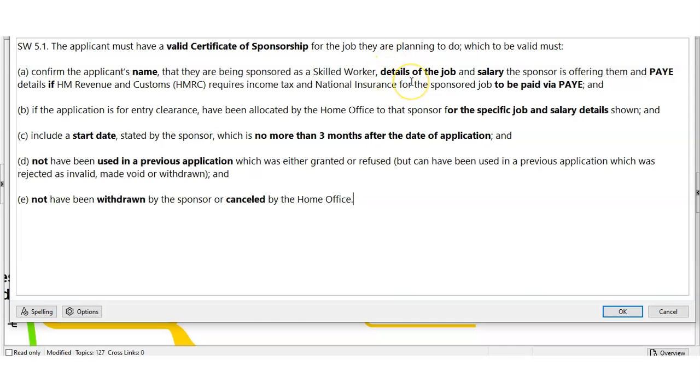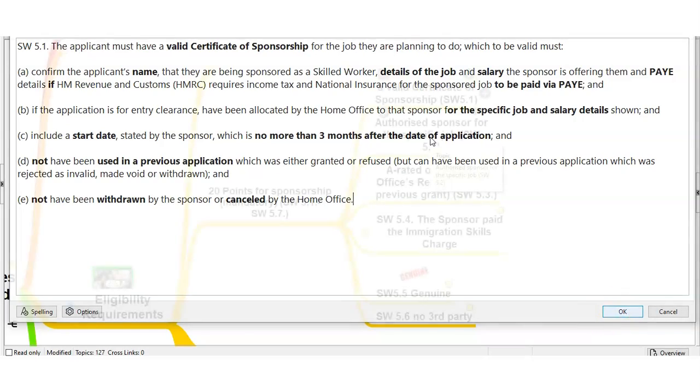They will need to have the details of the job, and also contain provisions about the salary, and then we have some further details about the pay as you earn. It should not be older than 3 months. It can only be used once, and it should not be withdrawn or cancelled by the sponsor or the Home